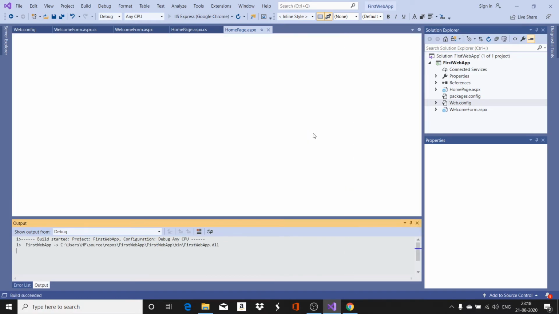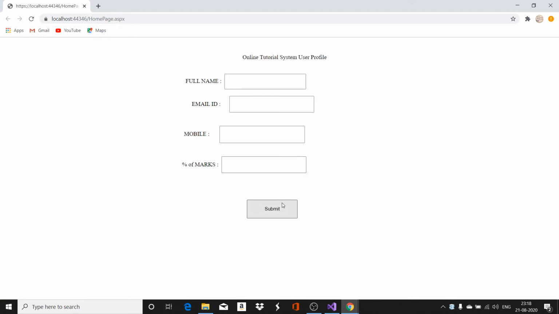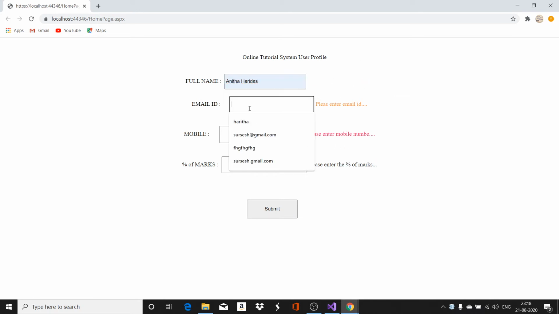Now it opens your Google Chrome. The application is opened, it is all there. When I click submit, it now shows only this, please enter full name, etc. So I enter my name, I enter an email ID. See, this is not a valid email ID, right? So what I have to do, I have to enter a valid email ID. Now it goes. Again, if you say dot, it will say it is not a valid email ID. Correct? See how cool it is.